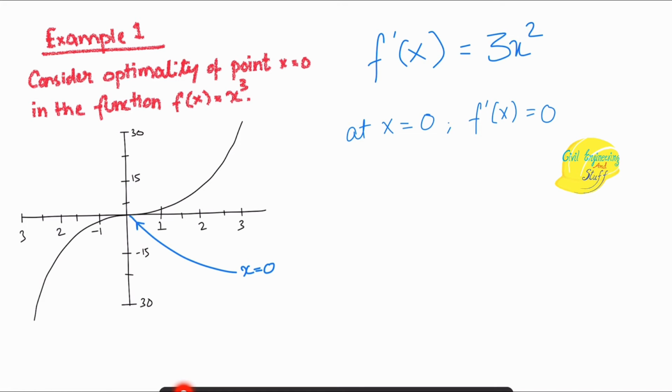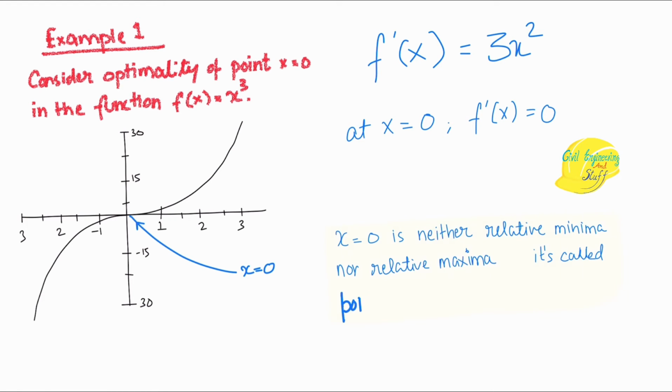in the local minimum and local maximum point, for a certain small interval, it should have a minimum point. But no matter how small a value you take, the value will be higher than at x equal to 0. So this is the point of inflection, right? This is a point of inflection.